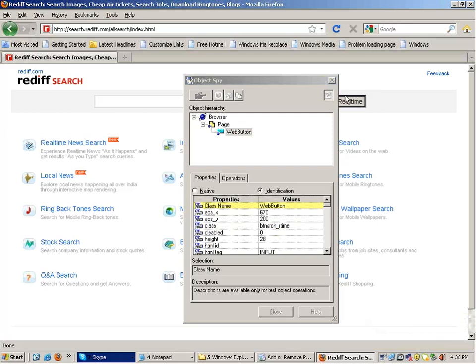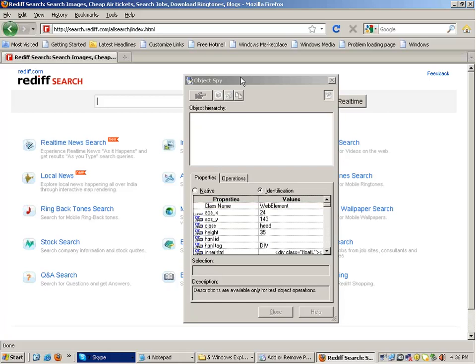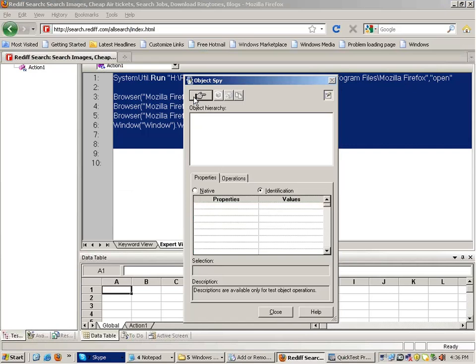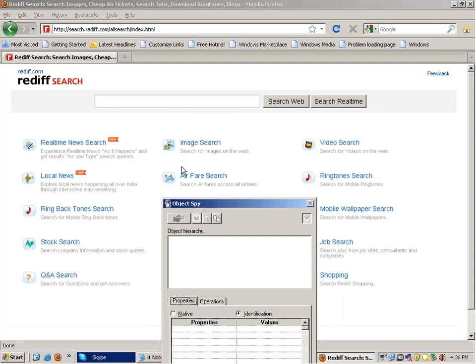Now, if you want to move the Object Spy, I will not be able to, because if I click anywhere, QTP will come back. So if you want to move the Object Spy during the spy process itself, you can press the control button of your keyboard, and then Spy will get disabled.